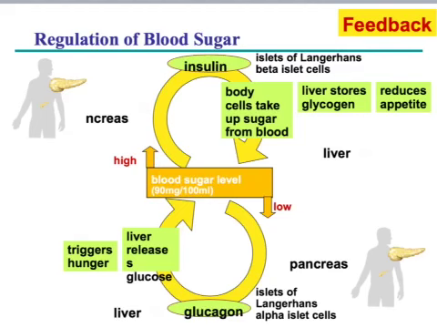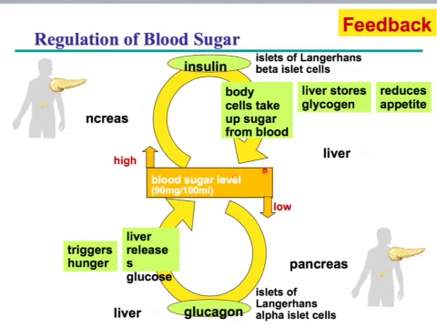So when your blood sugar level spikes, it gets high, it is going to cause these Langerhans cells to release insulin. Insulin is going to circulate throughout your bloodstream, and it's going to cause a couple of things to happen. Your body cells are going to start taking up or utilizing the sugar in your blood. If there is excess sugar, your liver is going to store that in the form of glycogen, and it's going to send a signal to your brain telling you you are no longer hungry, so please stop eating. This is going to happen until your blood sugar level gets back within normal range, but if it keeps going